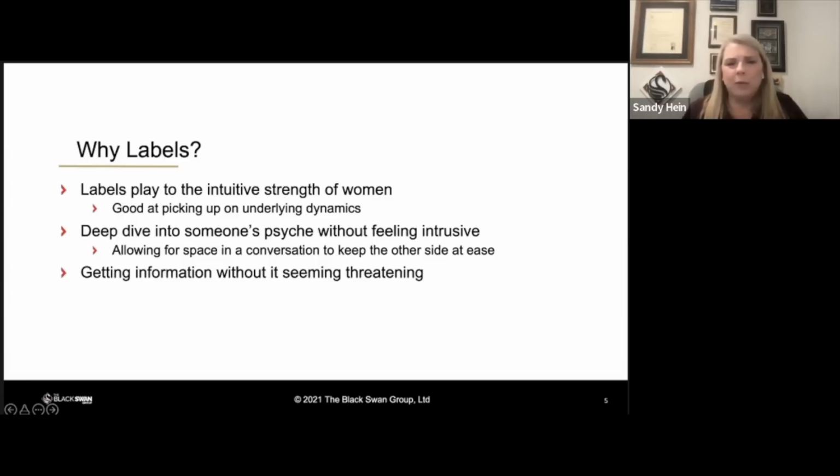This also allows you, when you use a label, to take that deep dive. You can deep dive down into someone's psyche, and it doesn't feel as intrusive. So this allows some space in the conversation that keeps the other side at ease. And Davey, if you want to speak to that,